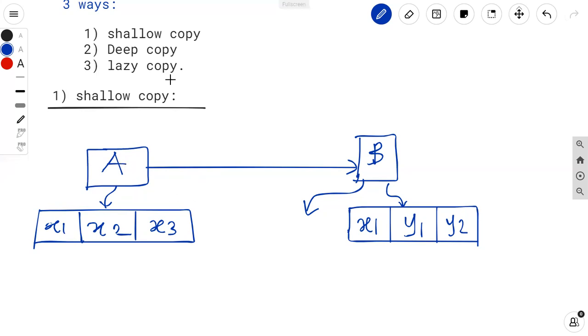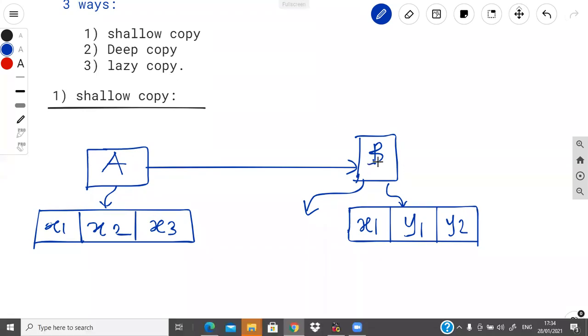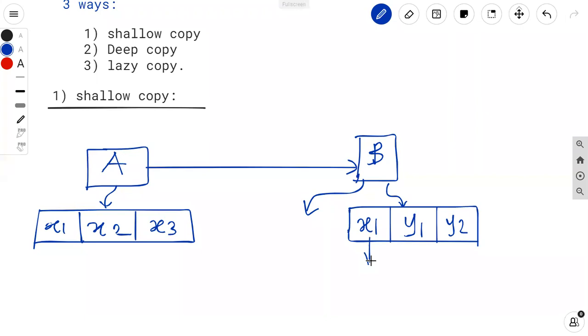So what is the disadvantage of this shallow copying? The disadvantage is that changing the value of a member using object B will also change the value of the member for object A, meaning the change is also reflected in object A. Suppose in object B I am changing the value for x1.